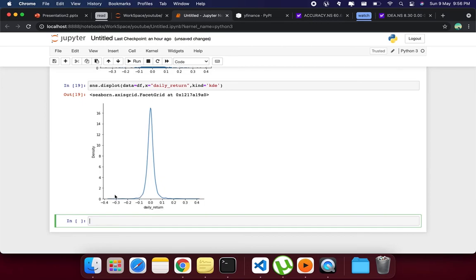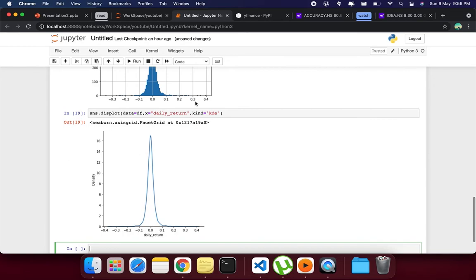Now you can see the graph in a much better way. So as you can see here, this is a bell curve or a Gaussian curve. And we should first see if the company is giving us this bell curve or not. If it is not, then there is a high risk for this company.